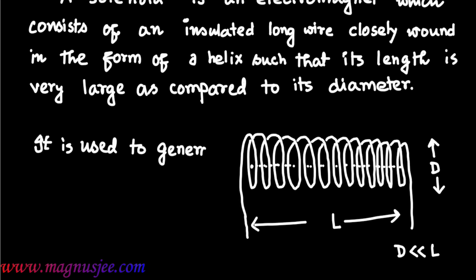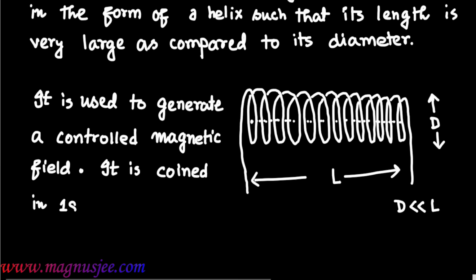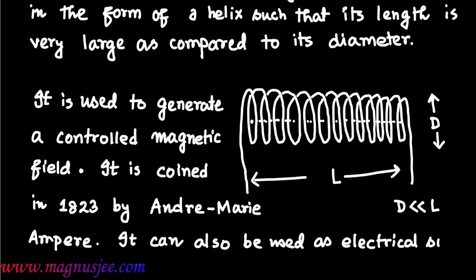It is used to generate a controlled magnetic field, and it was coined in 1823 by Andre Marie Ampere. It can also be used as an electric